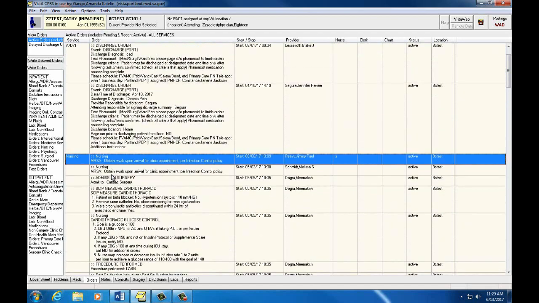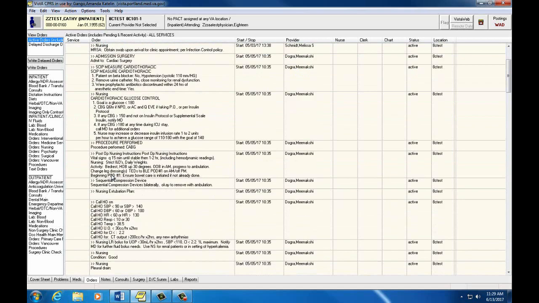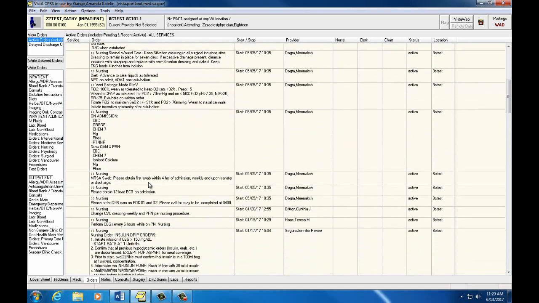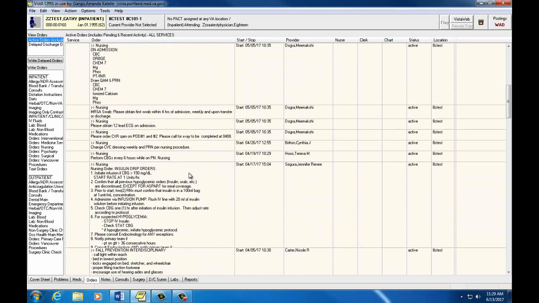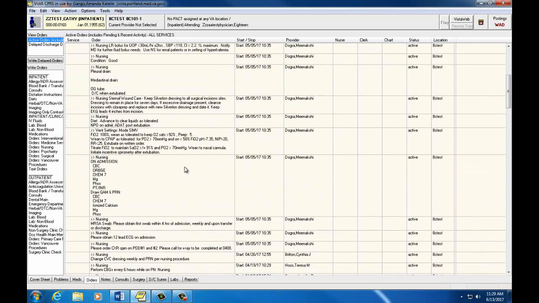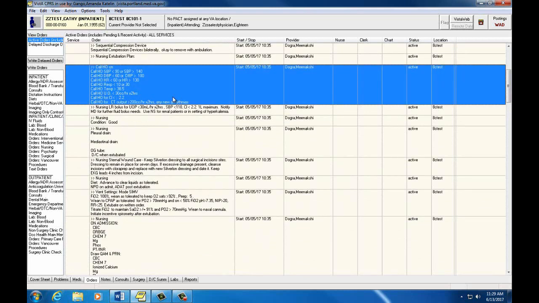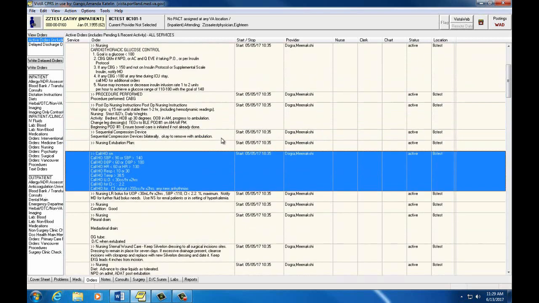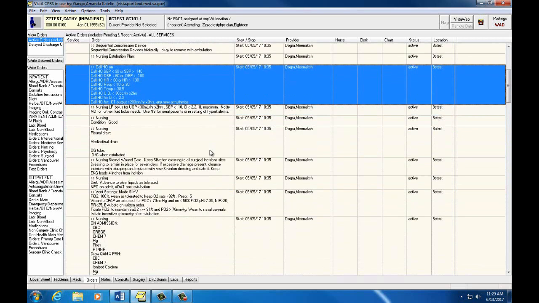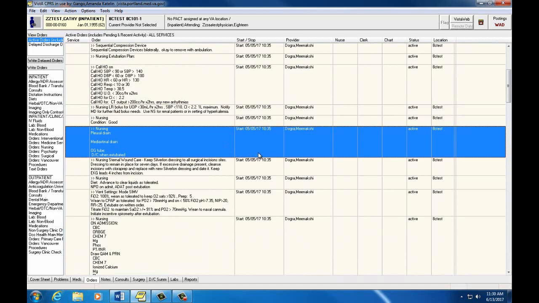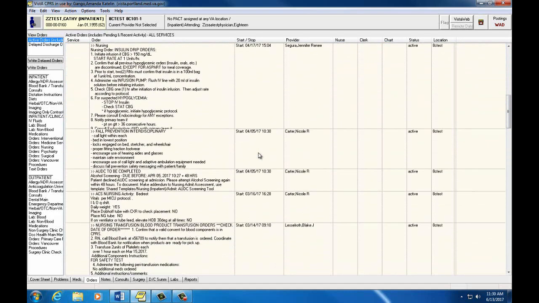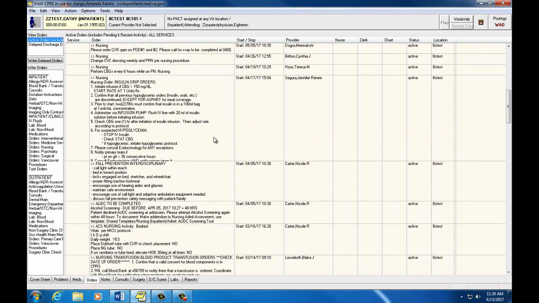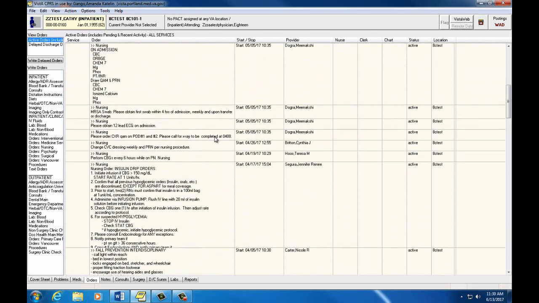Typically, you'll see orders here related to fall precautions, vital sign schedules, SCD placement, activity status, CBG testing, telemetry placement, SCD placement, and patient condition, among other things.